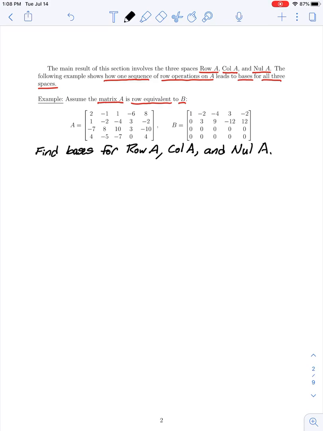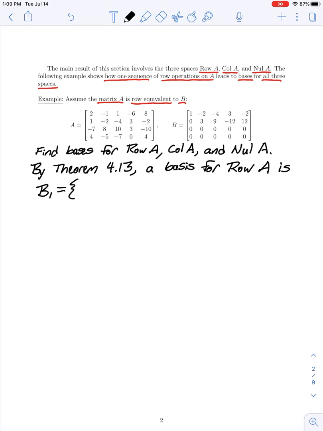All right. So by our new theorem, theorem 4.13, the non-zero rows of the row-reduced matrix B would be a set of basis vectors for the row space of our matrix A. So let's start by saying the following. By theorem 4.13, a basis for the row space of A would be the set of vectors, I'm going to call it B1,